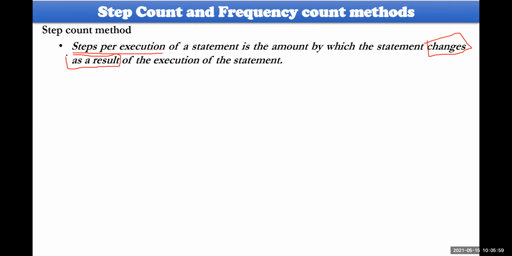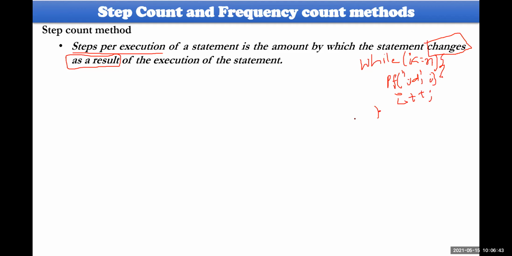For example, let us consider one particular small statement here: while i less than or equal to n. Whatever the specific statement, here we would like to perform some operation, so let me consider printf with percentage d, i, which is going to produce some value. Then followed by i plus plus, i will be increased, and then close it.